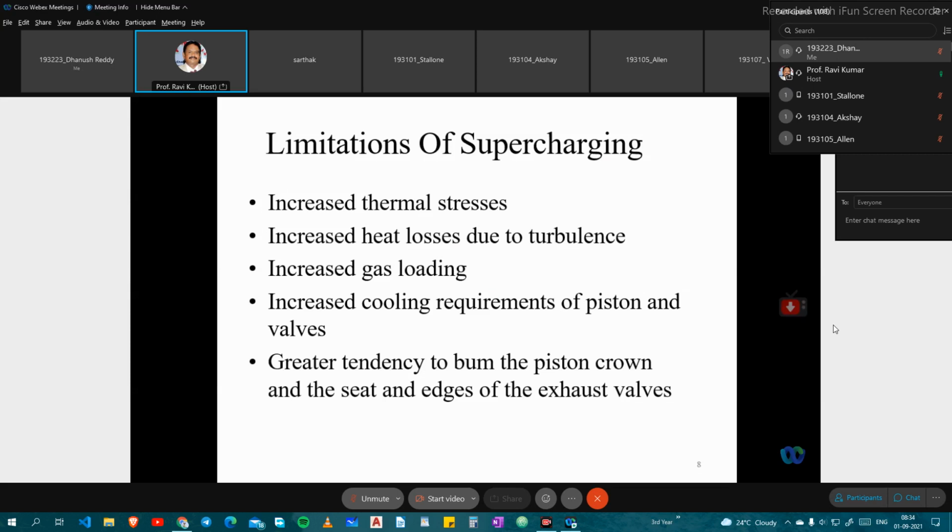In the old days, in Ambassador cars, most engines had a water cooling system, and reboring or seizing would happen. You may have heard about boring of the vehicle and seizing of the vehicle. These are all the same terms, where you have a problem in the internal combustion chamber. There the piston expands or the temperature exceeds the material limits, and that is known as seizing of the engine. Once the engine is seized, you have to remove it, grind the cylinder block again, and fit the oversized cylinder liner and piston.